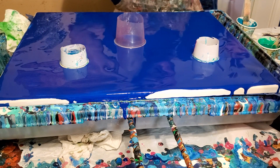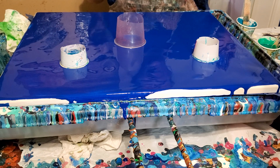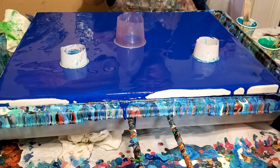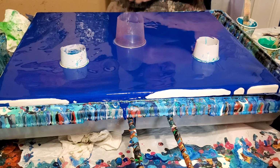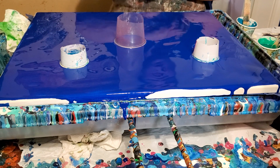I've done several today, so I thought I'd make it a big one and go out with a three, I don't know how to say it even. Well, obviously it's an open cup pour, but with 3 little open cups. And this is phthalo blue base coat, and